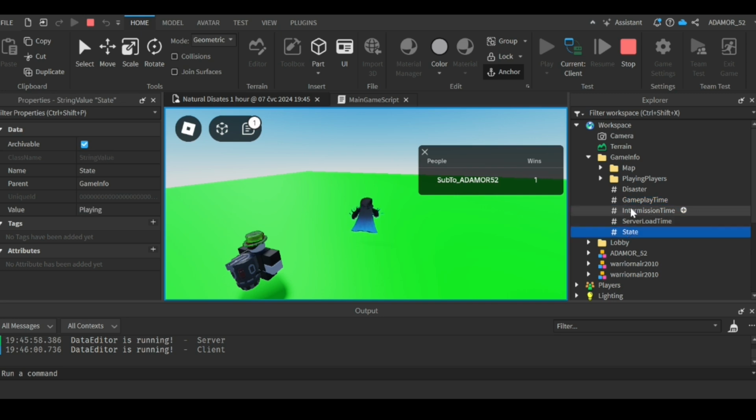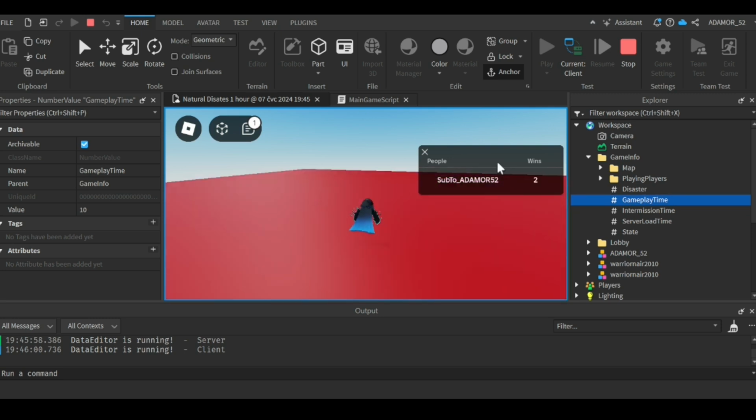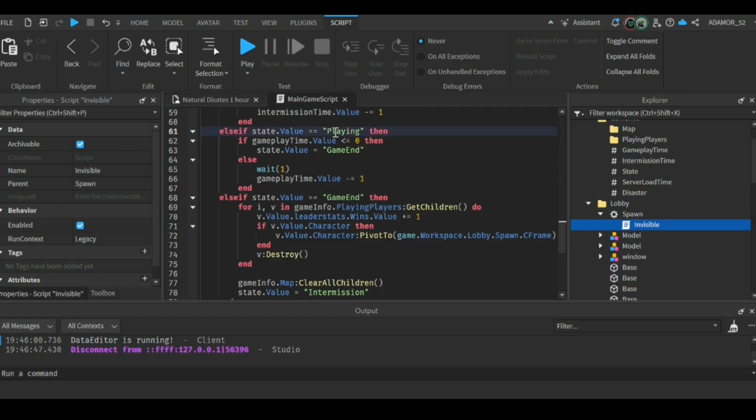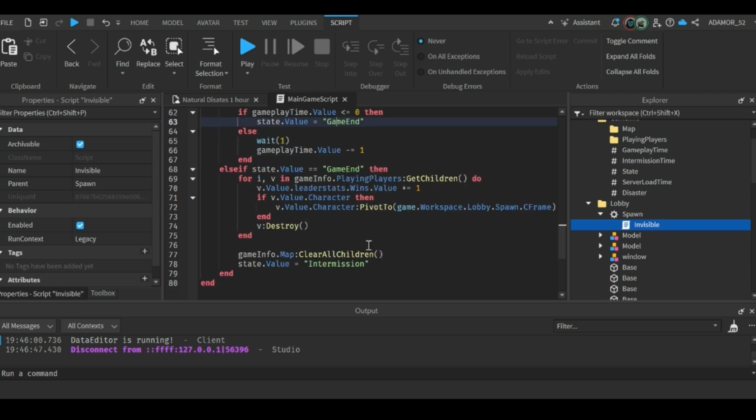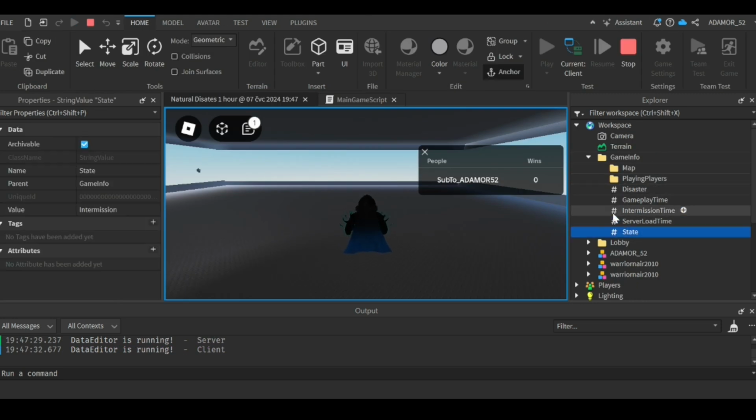The state is playing. Okay, so the game ends but starts right after that. Playing, then it's decreasing, but if it's 0, the state is game end. Oh, I know why. Intermission time dot value equals intermission time. Game info, state, intermission